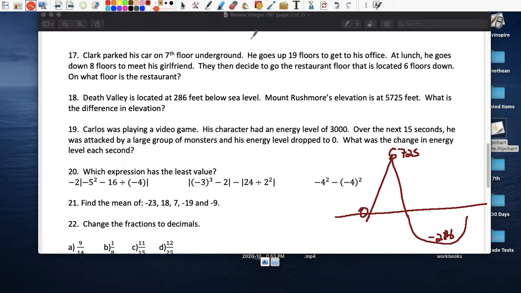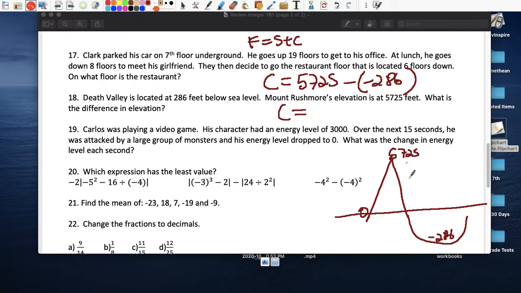Right, so final equals start plus change. So we actually want the change here. So the change would be final minus start, and it doesn't matter which one you make final. So let's make this final. Final, which is 5725, minus the start, which in this case is -286. The difference between these two would actually be 5725 plus 286,